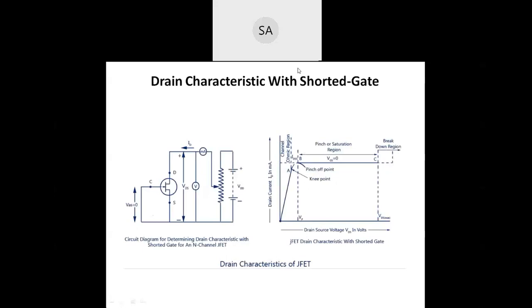The pinch-off region, actually in the Shockley equation, this relation is also known as Shockley equations. The pinch-off region is the normal operating region of a JFET when used as an amplifier. So this pinch-off region can be used as an operating point. In the BJT we discussed how to define the operating point, or the stability point, or the Q point. So here you can take the pinch off region as the normal operating region of a JFET when used as an amplifier.